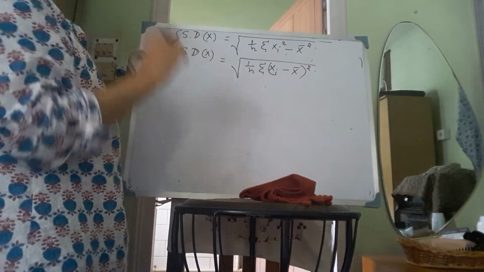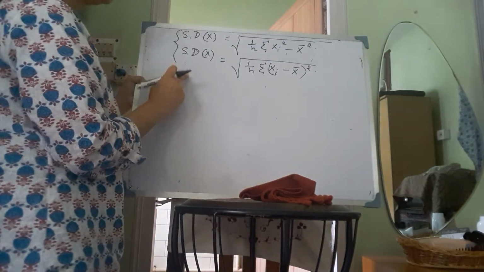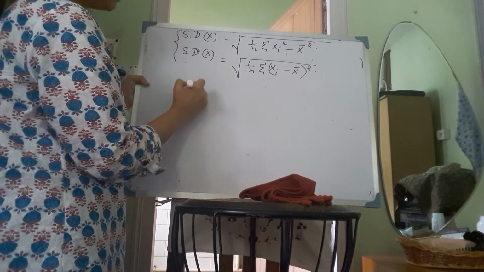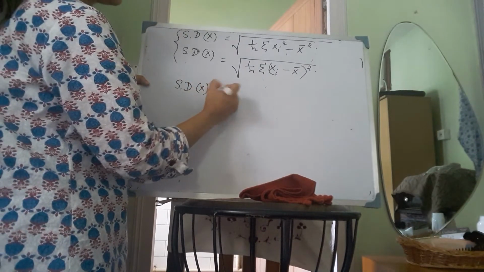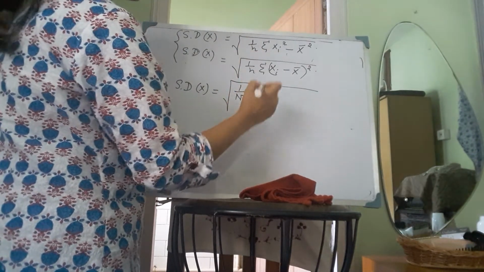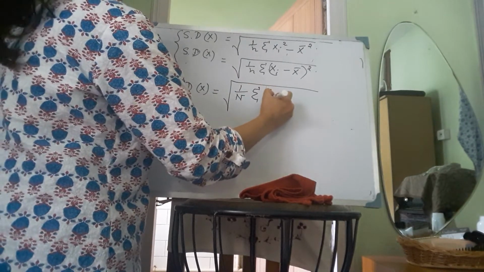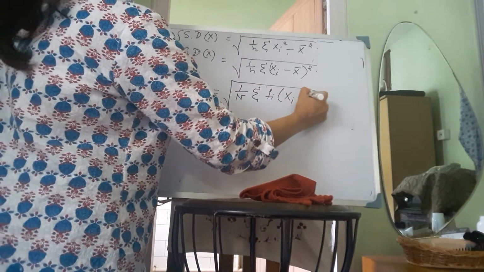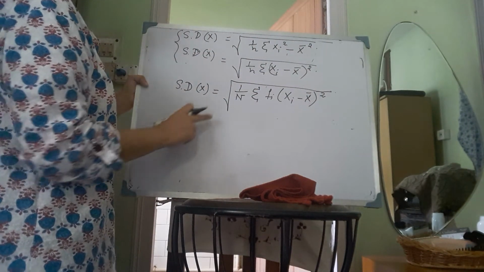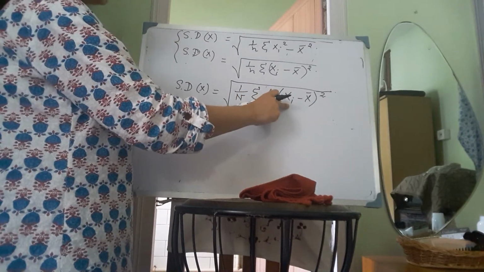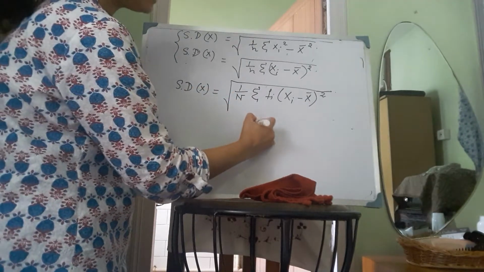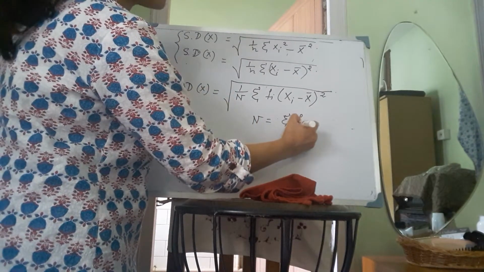Now if we have the frequency data, if we have the data with frequency, then what will be the formula for standard deviation? So for a data with frequency, the standard deviation is equal to 1 by n summation of fi into xi minus x bar whole square, that we have already discussed. So if we have the data on fi, if we have the data on xi, then we can use this formula for getting the standard deviation of x, where capital N is summation of fi.